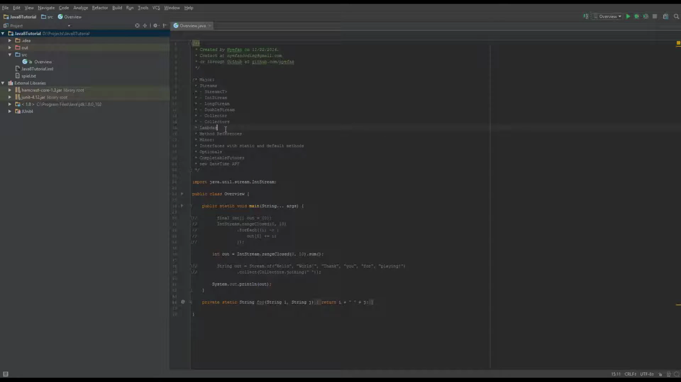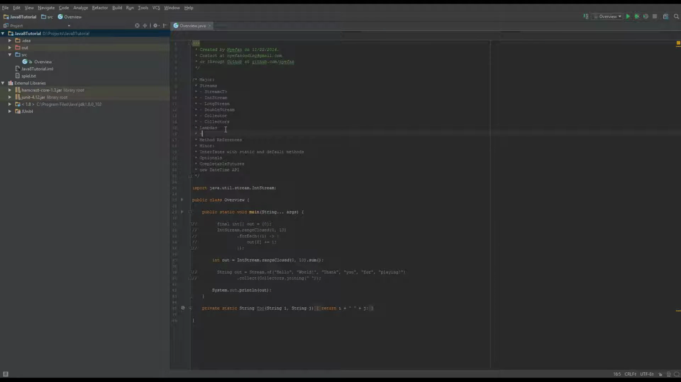Now, the first bit of this, what Lambdas are. Lambdas are anonymous functions. So if you were to write some function, like this one right here, string foo, you could write the function itself, return i plus space plus j, without providing it the name foo. And the way that you do this,